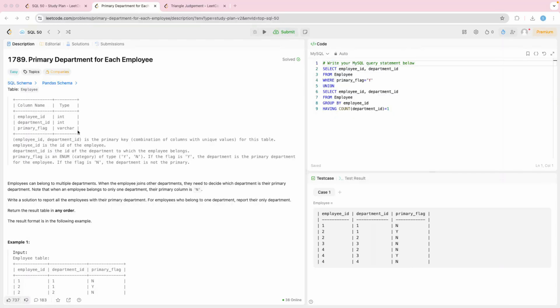Now it is possible that some employees belong to more than one department. So for them, the department which is their primary department, the primary flag will be Y. And if the department is not their primary department, it will be N. But there are also some employees who belong to only one department, so for them the primary